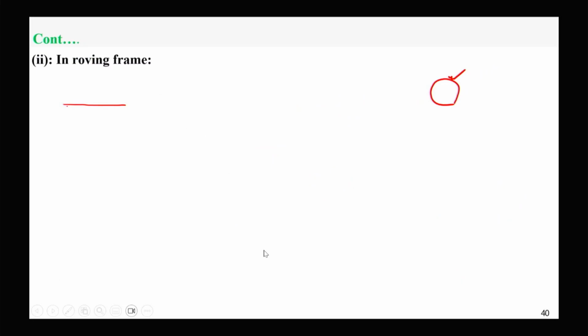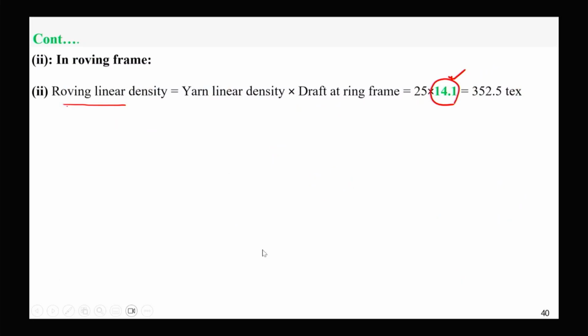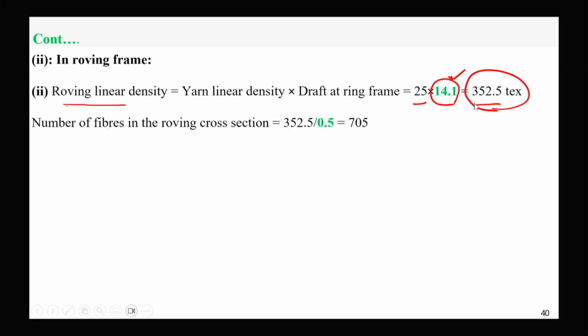So from the draft we can calculate the linear density of roving. We multiply with the yarn linear density, so 352.5. So we can calculate the number of fibers in the roving. So it will be 14.1 times the number of fibers in the yarn. So this is 705, and then again we have to calculate the limit irregularity